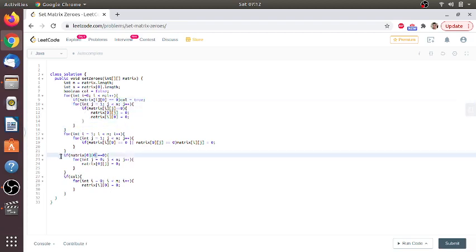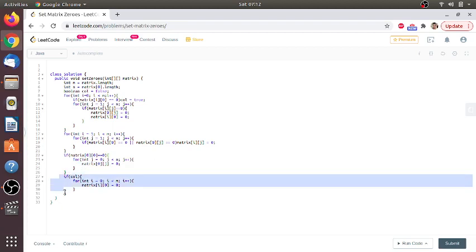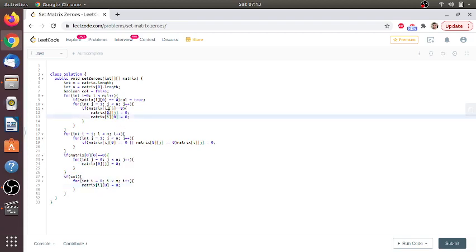If you go down below here, if matrix[0][0] is 0, this means the first row will be reset to 0. I am taking the first row and all columns as 0. I think this is clear, and if column is true, then I am taking all rows and the first column reset to 0. So that idea is pretty much simple.